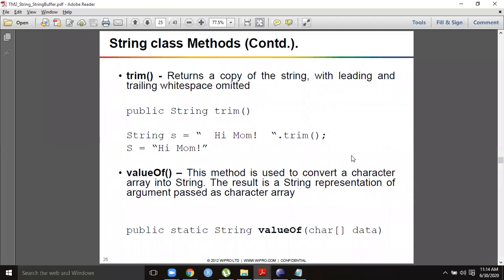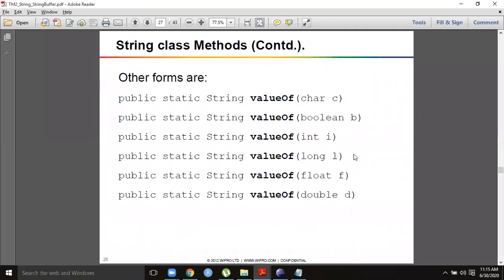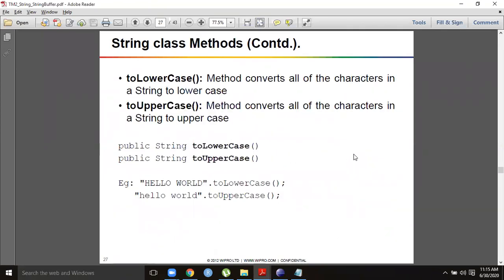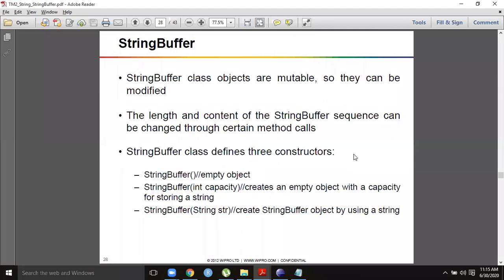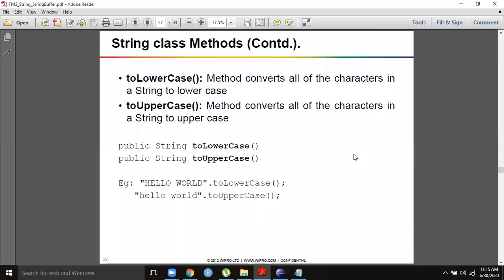Okay. Next, the valueOf method. The valueOf method is in general used to convert a character array into a string. Sometimes you have a character array, and it can be converted into a string. Okay. So the toLowerCase and toUpperCase methods you can practice. You know that the characters of a string can be converted into lowercase. Similarly, toUpperCase is used to convert all the characters into uppercase. Okay. In addition to this, you have to practice one more method, sir. I stop here with one more method, that is